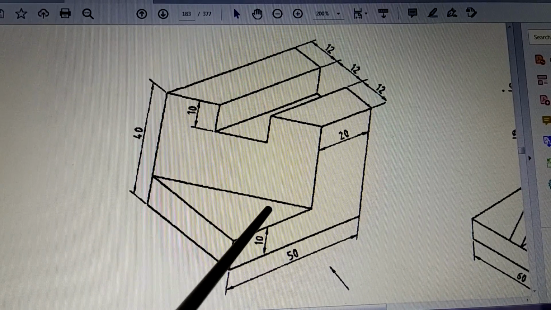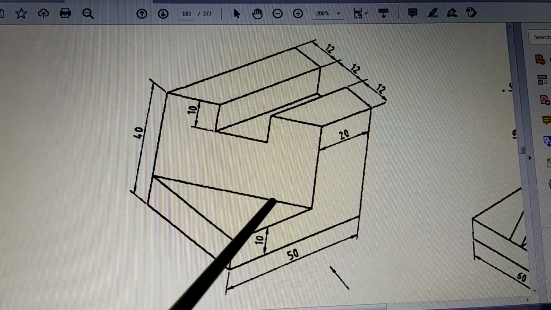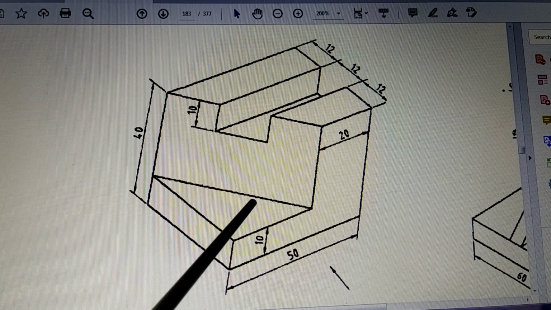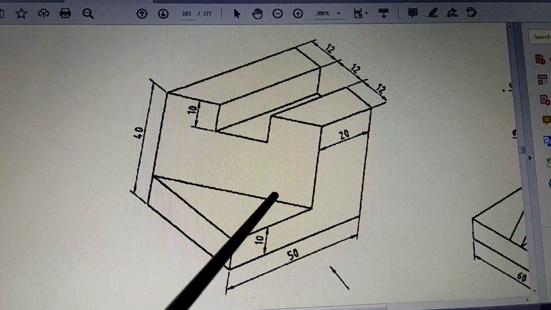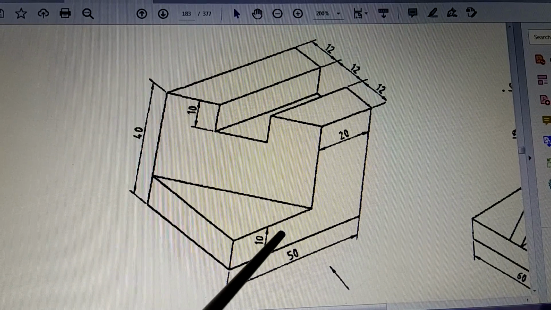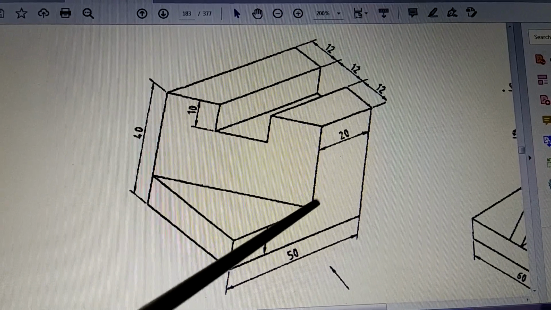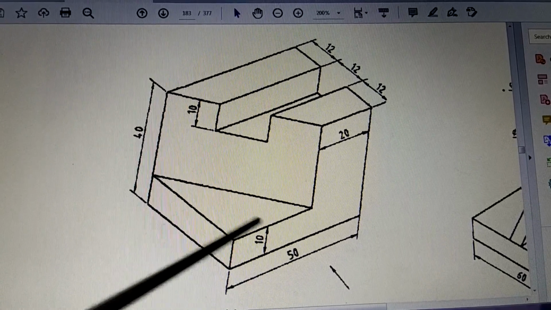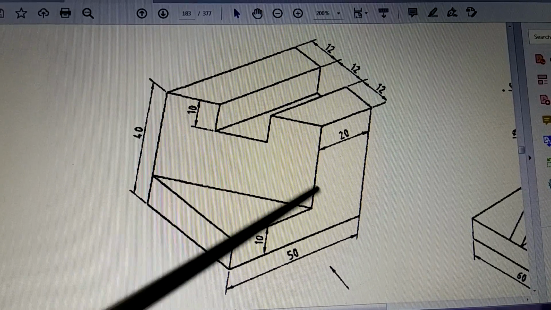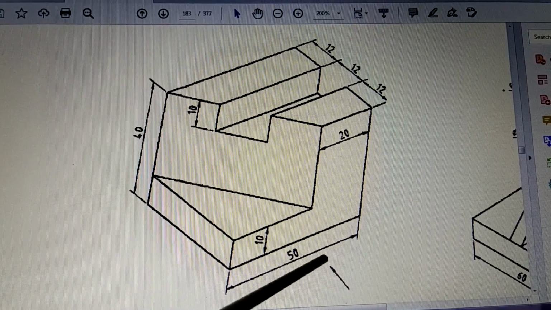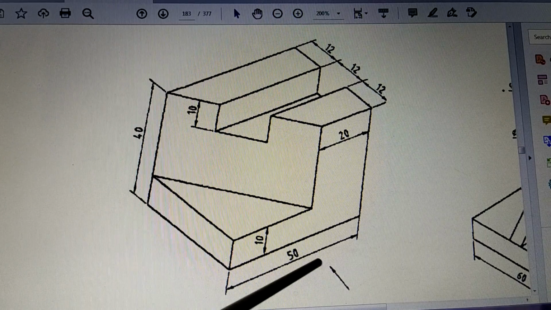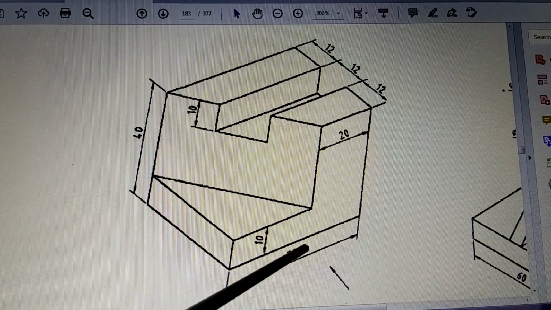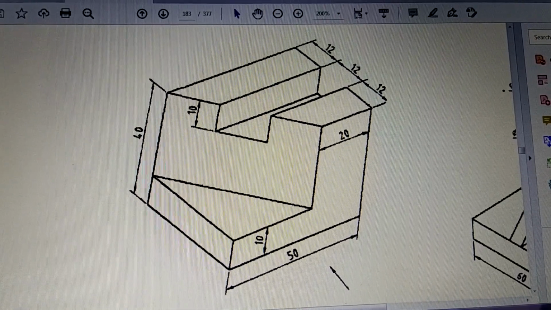Now with all the imagination that you have developed and which you are further going to develop, you should be able to solve the problem by making use of all this information. And keep in mind that you have to keep on stretching your imagination. You have to keep on visualizing how the object will be seen. If you keep on visualizing, then gradually you will develop the tendency to read the object. And once you read the object, it becomes very easy to draw the figures. It will not take much time once you start imagining and visualizing. So that becomes this problem for today.